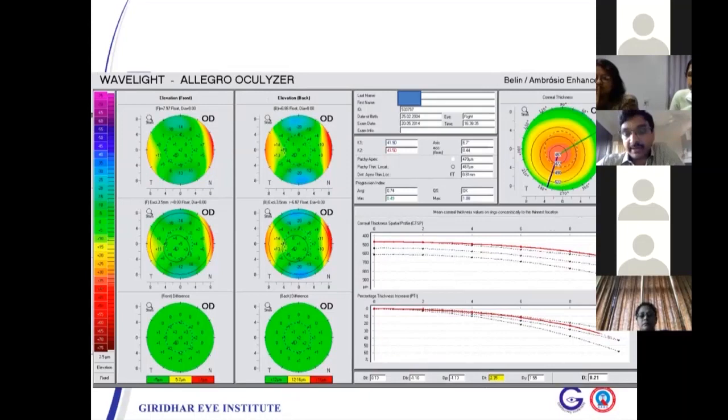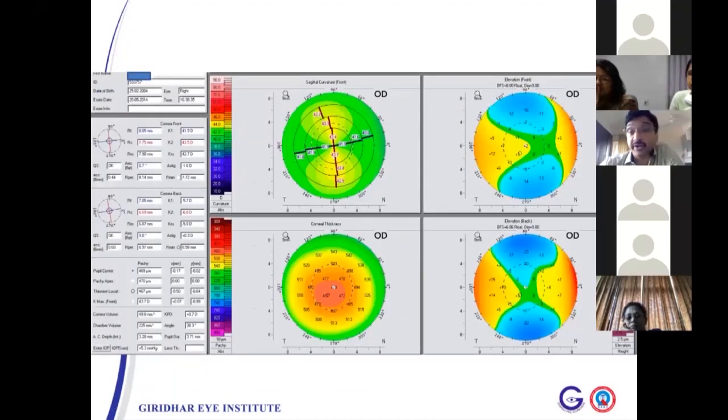Again, you don't have to memorize the numbers. If it is flagged yellow, it just means it is 1 standard deviation away from the majority, and red is 2 standard deviations. But in this case, practically everything is normal. So most likely this is a normal cornea, but thin pachy. Again, not a candidate for refractive surgery because of the thinner cornea.